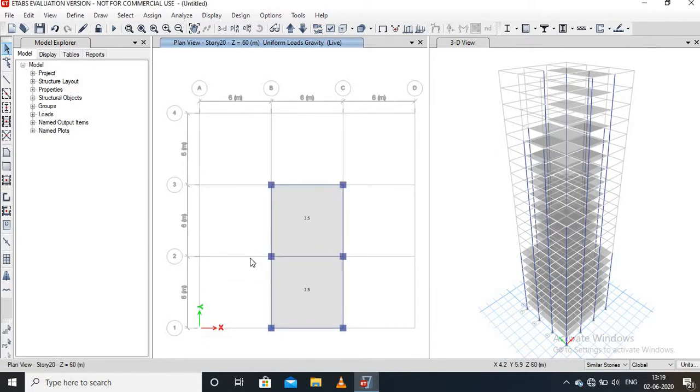Therefore, the live load is applied. Therefore, till now we have applied the dead load and live load on each story.